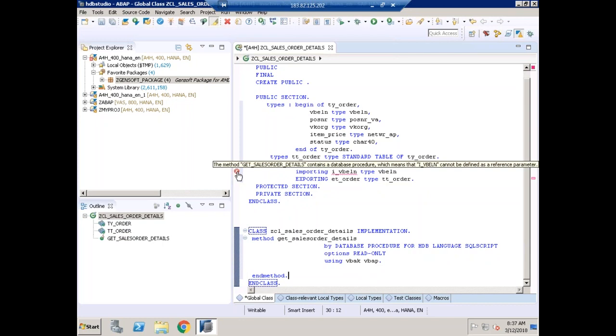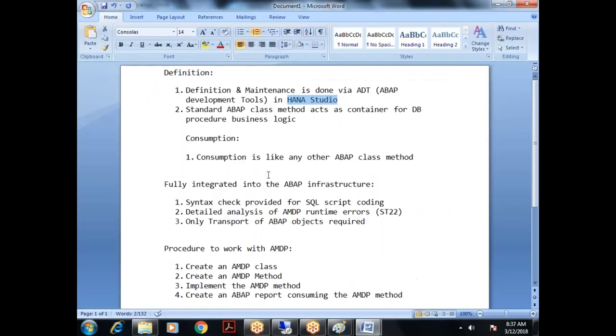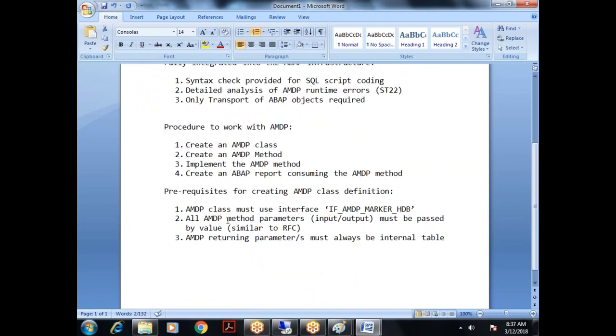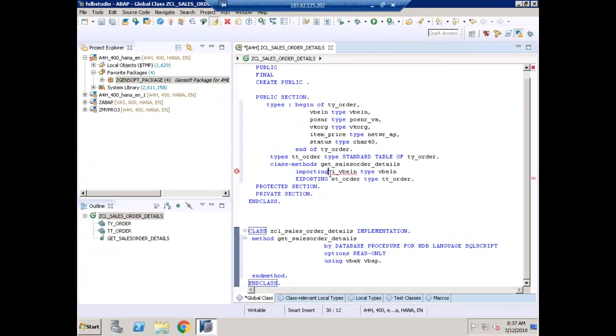What is it saying? See the tooltip. The method get sales order details contains a database procedure, which means that the parameter cannot be defined as a reference parameter. So just now I drafted all the parameters. All the AMDP parameters must be passed by value. So compulsorily you have to pass it by value, whether it is an input parameter or an output parameter. So I'll say value of